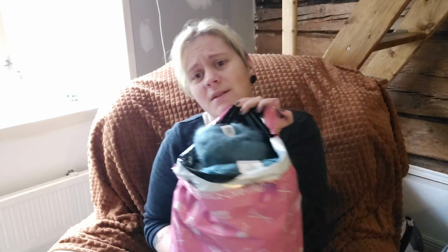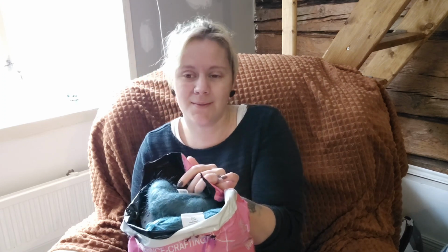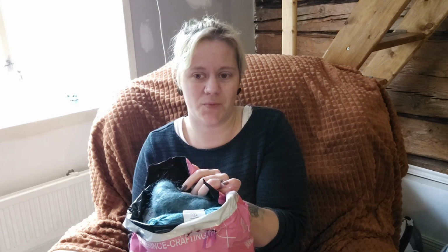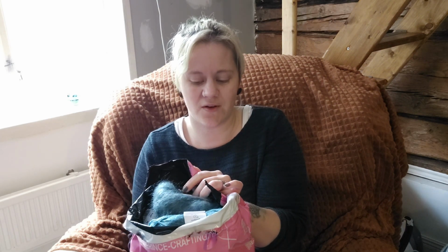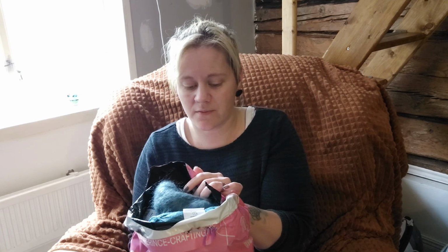But I also might have purchased a lot of yarn. Okay, my defense is they had a huge sale, and I'm still not a huge fan of Drops yarn, but Drops Charisma and the mohair, the mohair is very, very affordable. So